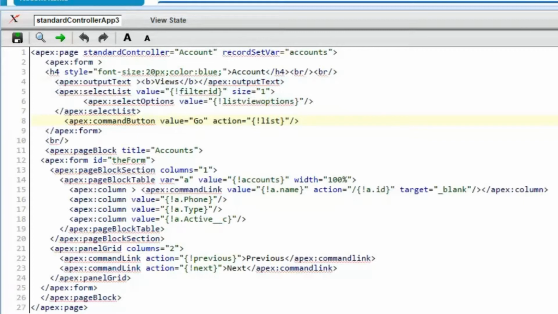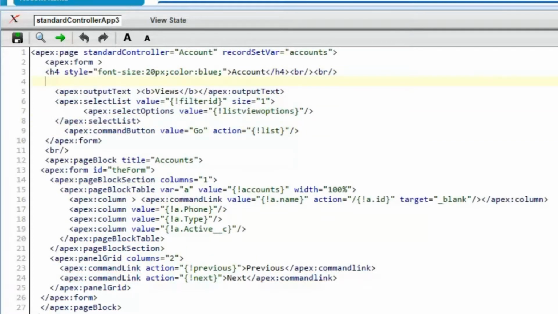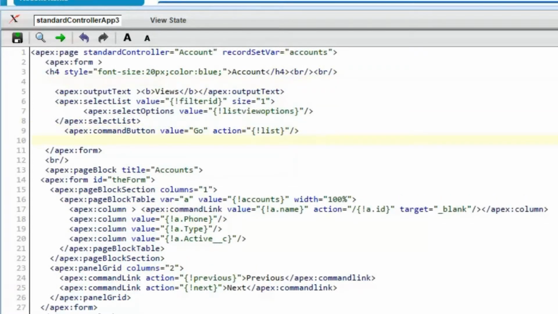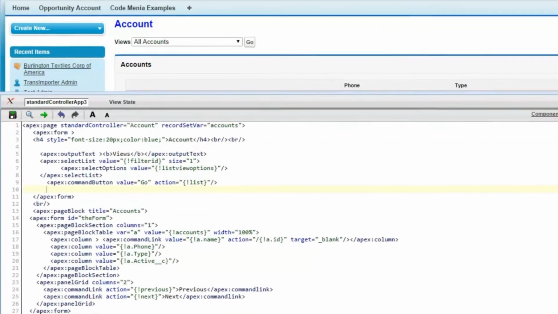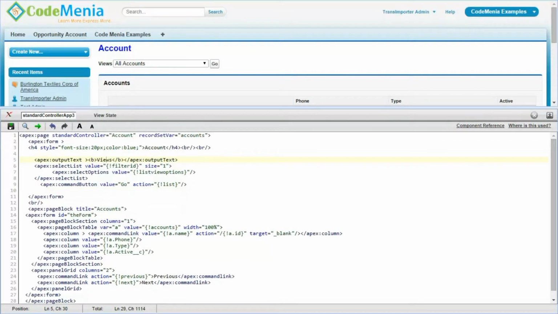So for this code has been written, where one select list has been placed, which having value as filter ID. So all the details of the filter ID will be in this select list, and the select option will select the current selected view from this filter, that is the standard view.